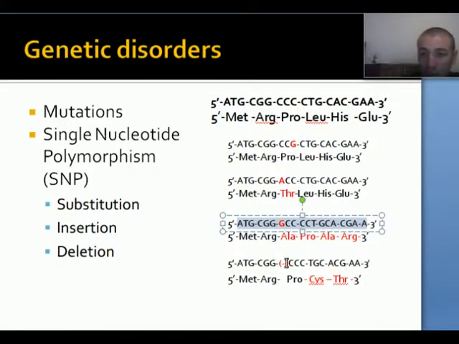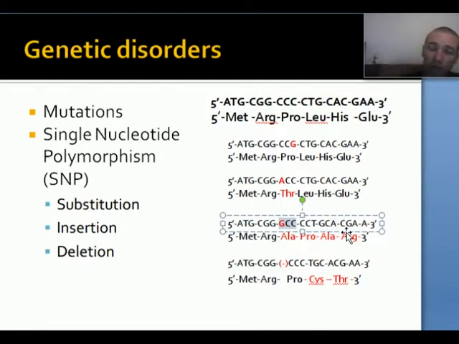So this kind of mutation is much more dangerous. Why is that? Because as you can see, this changes this first codon. Instead of being CCC and being translated to a proline, this is translated to an alanine, and so on,